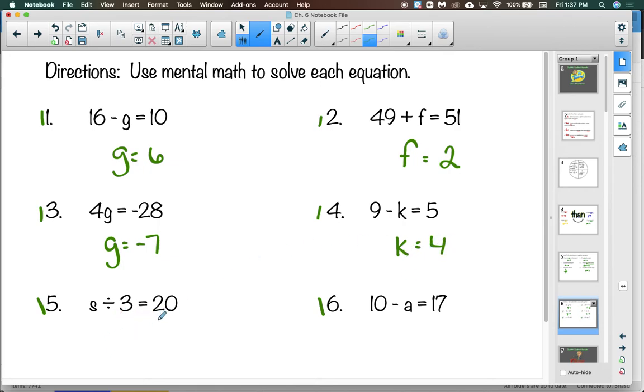S divided by 3 equals 20. So what number can I divide by 3 to get 20? That would be 60. And last but not least, 10 minus A